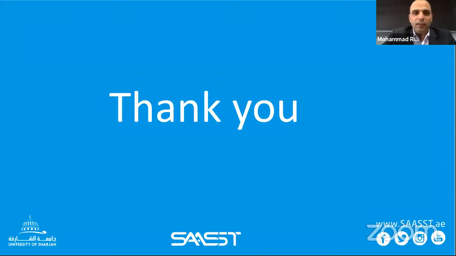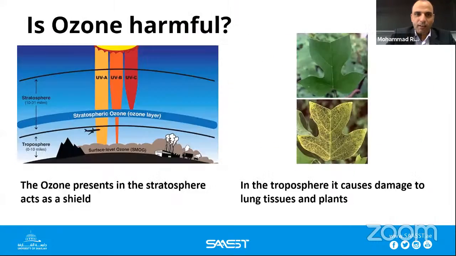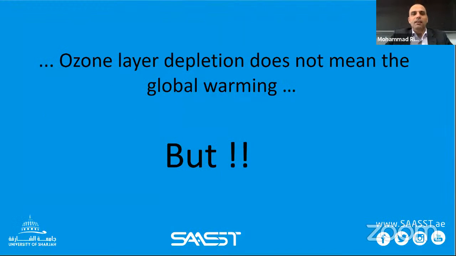I have a comment, Doctor, about my point here. The first point was whether there is any relation between ozone layer depletion and global warming. After searching some papers and research, I found that there is an effect of ozone layer depletion on global warming. It is one of the minor factors that cause global warming, but it's very, very minor because of UV-C rays reaching the troposphere.